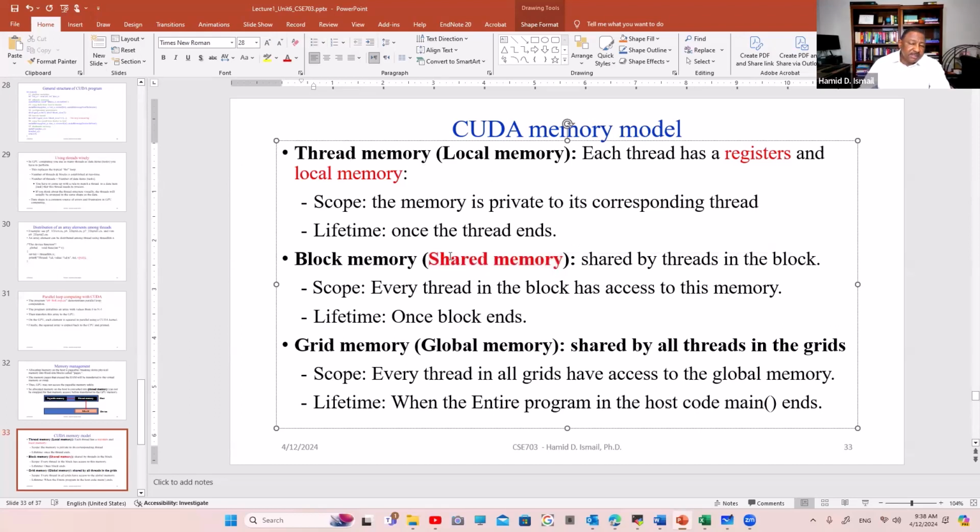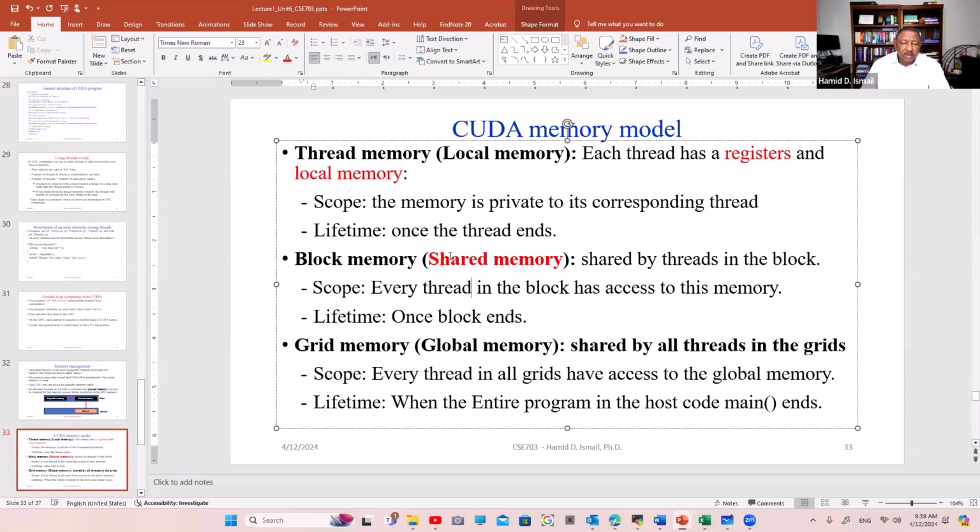Once we say shared memory, immediately we have to think that some kind of competition or race condition might arise, right? So whenever you need to use shared memory, you need to use a synchronization technique to synchronize